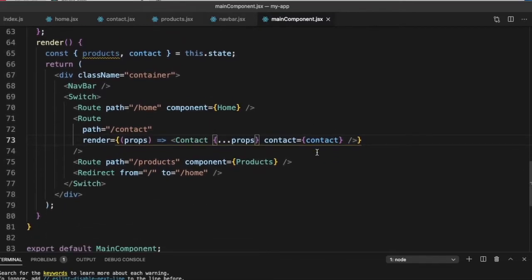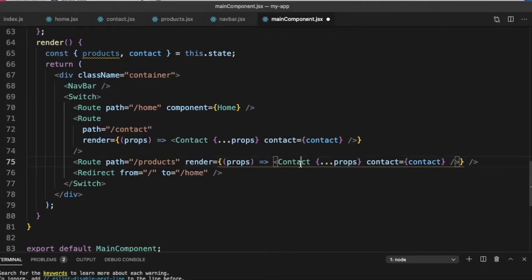Let's do the same thing now for the products. So I'll just copy my render. So here we are calling the component products.